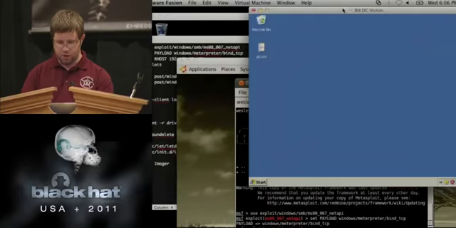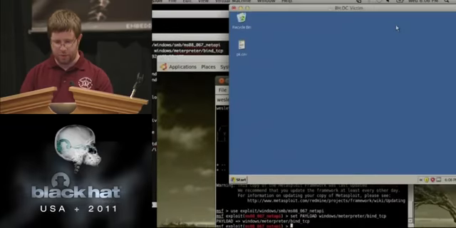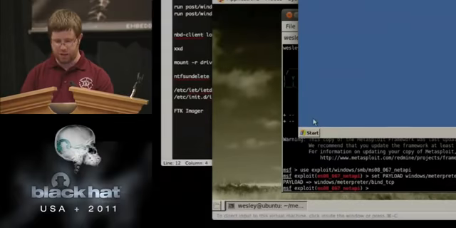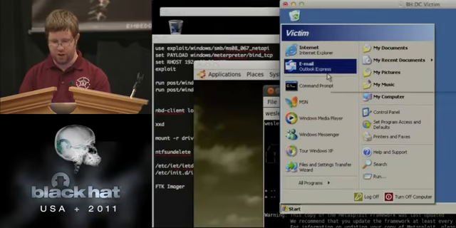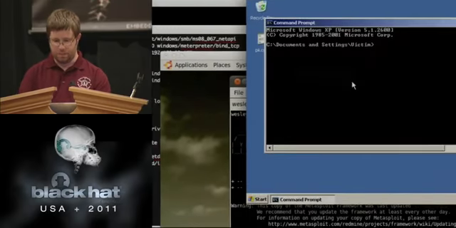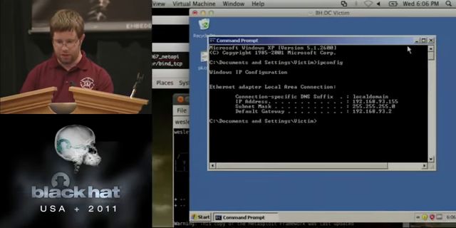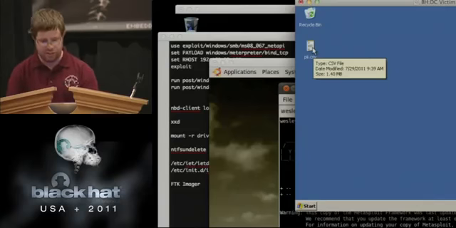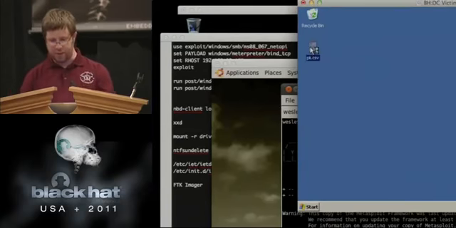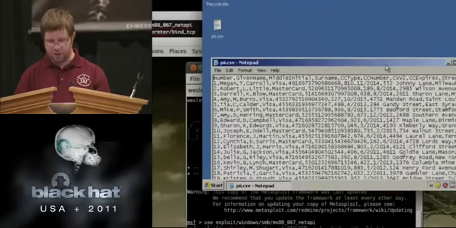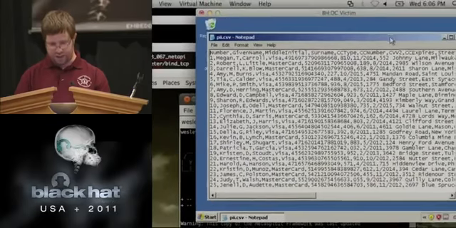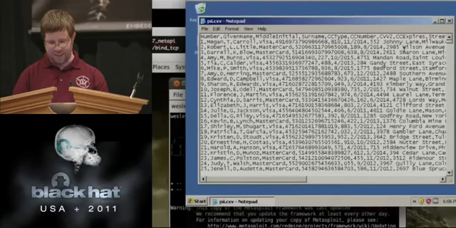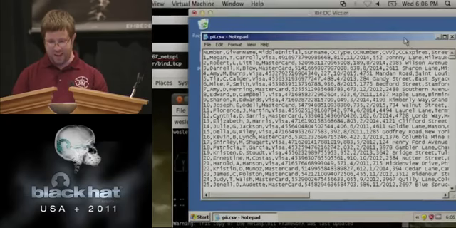And we're going to do a couple things here on the victim side of things before we get rolling with it. One, I'm going to double check my IP address here just to make sure, for the sake of time. Yay, it's still where I left it. On our victim here, we have a nice little CSV file of personally identifiable information. Before y'all get out your cell phone cameras and take pictures of this, this is from fakenamegenerator.com.